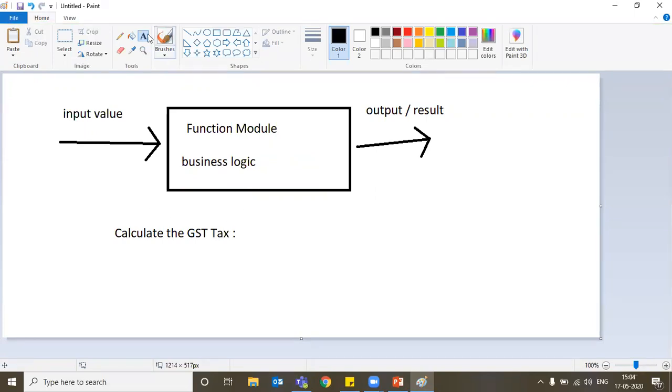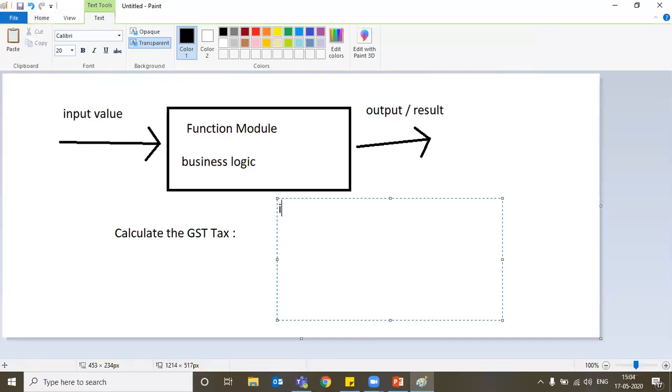This function module comprises different parameters. You have an input parameter, then you have export, then you have changing, and you have tables. Then to handle errors, you have exceptions.